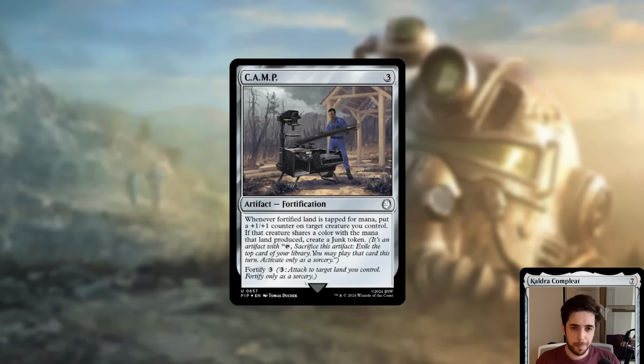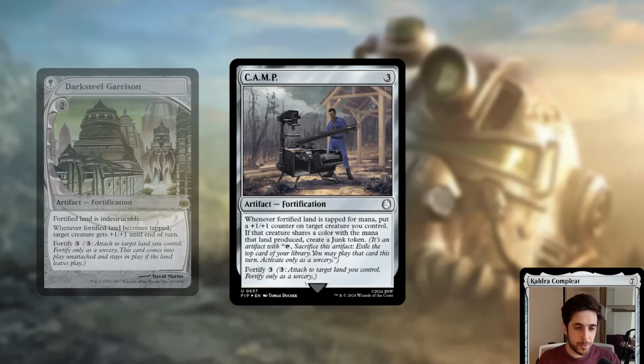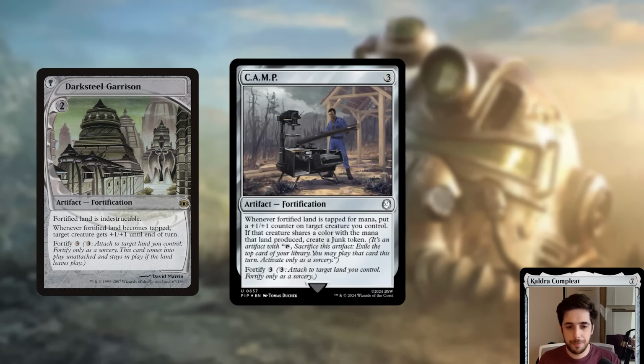Next, we've got Camp. This is a 3-mana colorless artifact fortification. Whenever a fortified land is tapped for mana, put a +1/+1 counter on target creature you control. If that creature shares a color with the mana that land produced, create a junk token. You can fortify for 3 mana. Fortify means pay 3 mana, attach it to target land you control, fortify only as a sorcery. The first fortification was printed in Future Sight in, I believe, 2007,